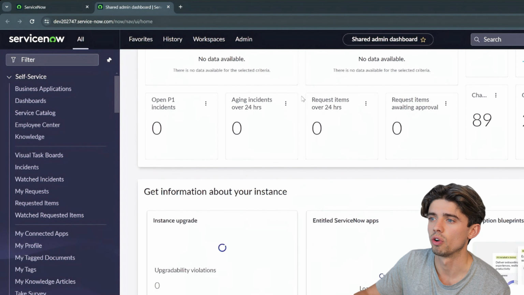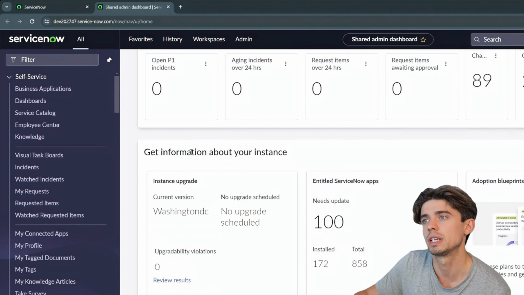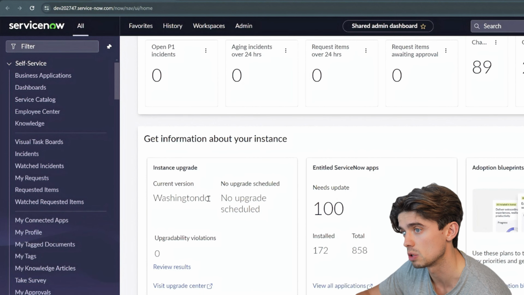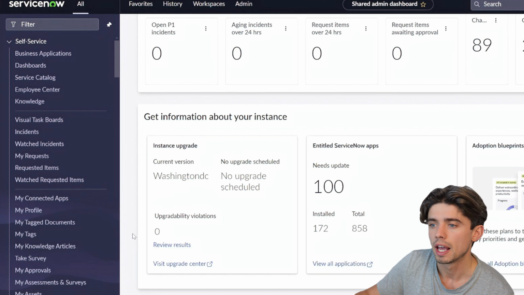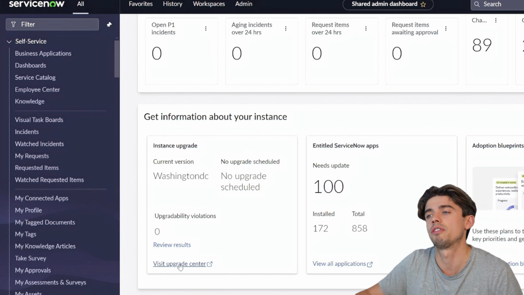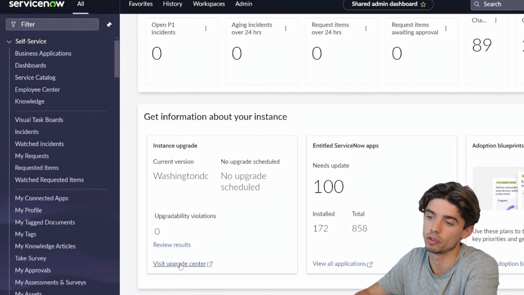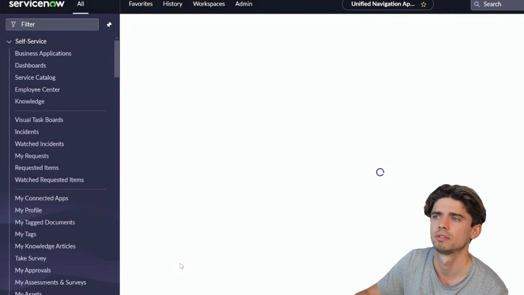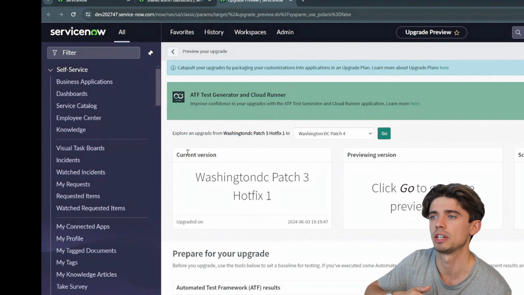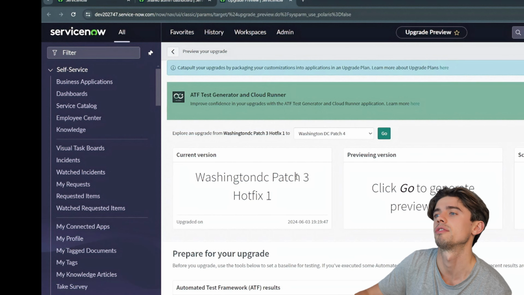The part we're looking for is at the bottom. There's a widget called Get Information About Your Service, and we can see the current feature release, which is Washington DC. If we go into the Visit Upgrade Center beneath that, we can actually find the patch number and the hotfix number of the release. So as we can see, just as we saw on the stats page, that we're in Washington DC, patch 3,